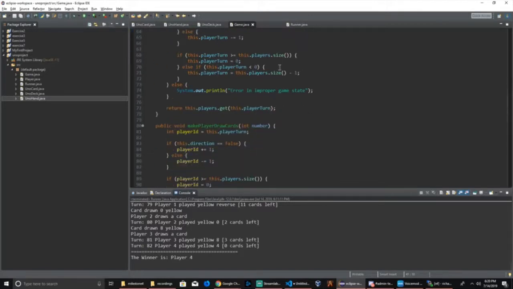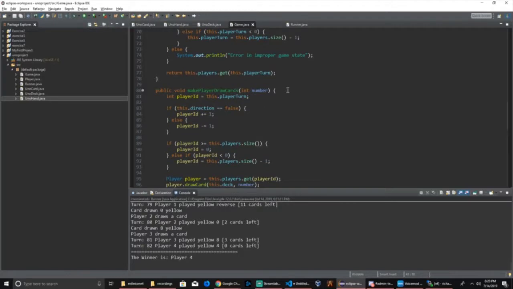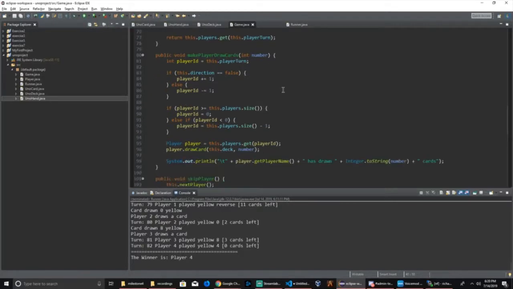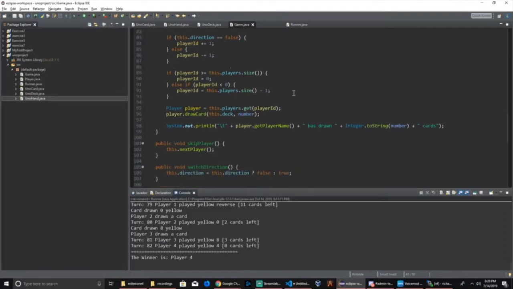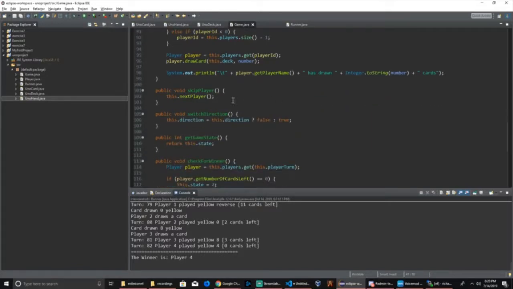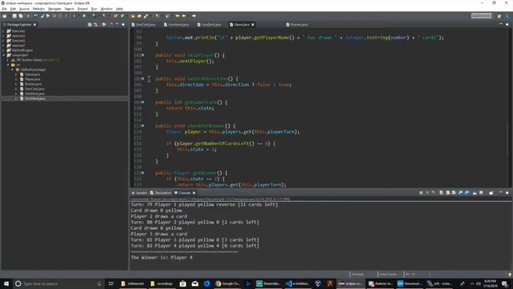This gets the next player. This is what makes a player draw cards and the number of cards. So we get which player and the right player to make draw cards. This allows us to skip a player. Reverse